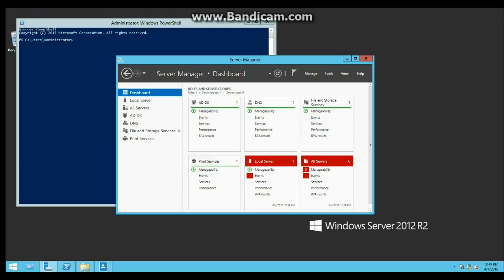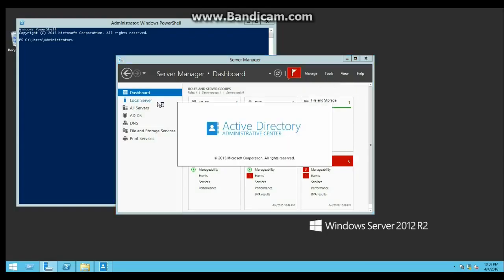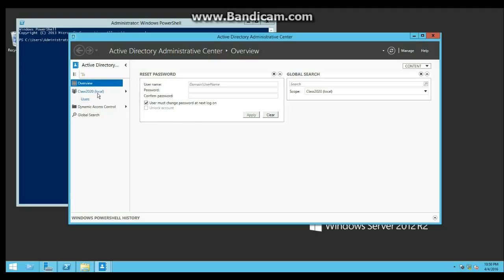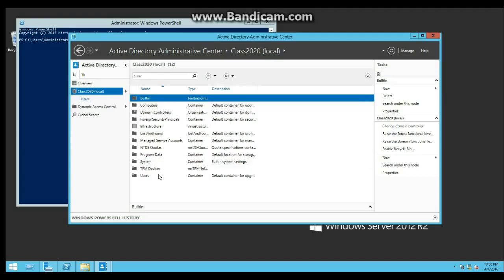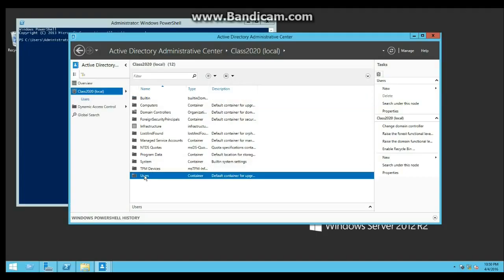Alright, so let's go ahead and begin with Lab 13, and we'll be configuring Active Directory for users and computers. The first thing we want to do is open up your Server Manager and go over to Tools, Active Directory Administrative Center. Once it loads up, you'll be going over to Class 2020 Local. Here it is. And then you want to expand this and go over to Users, right click, New, Users,